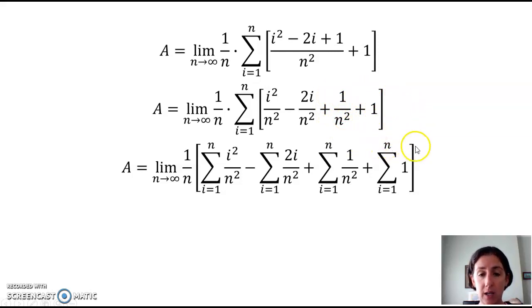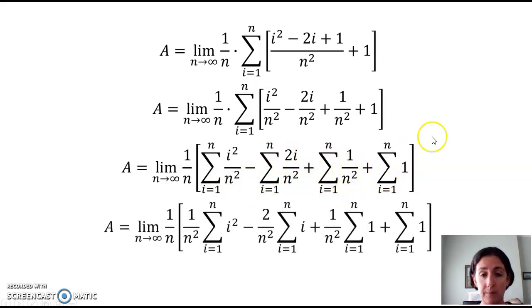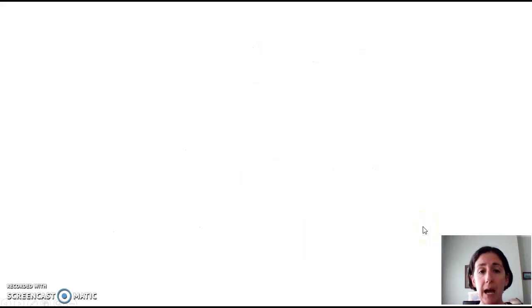And just like we talked about before, the n squared has no bearing on the summation. The n squared and this 2 have no bearing on the summation, and neither does this n squared, so we can pull all those out, right? So I pulled out a 1 over n squared here, I pulled a 2 over n squared out here, I pulled out a 1 over n squared here, and now these are all summation formulas that have been discussed in class before. We have a formula for the sum from 1 to n of i squared, we have a formula for the sum from 1 to n of i, and this and this. So applying those formulas,